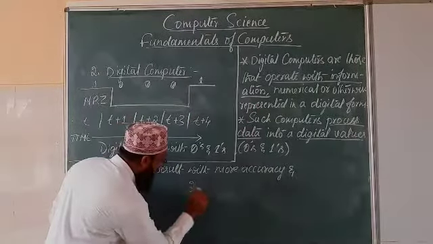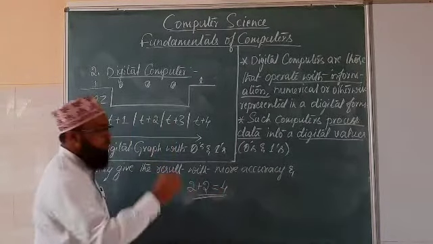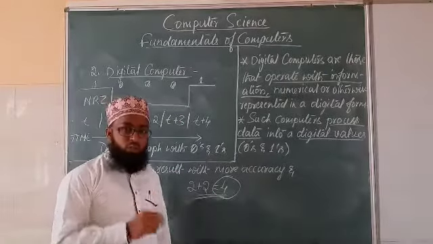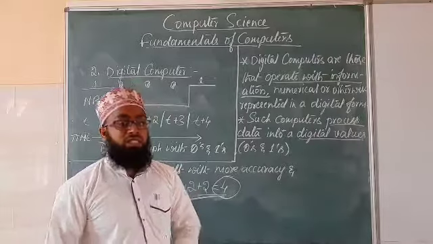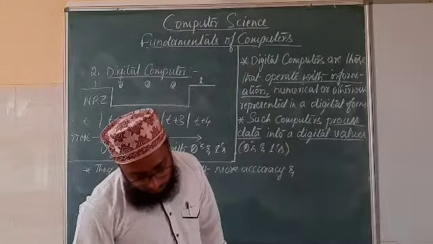That means 2 plus 2. What is the result of 2 plus 2? 4. Then the digital computer will give the approximate result, the accurate result, that is the exact result which is to be given, and then